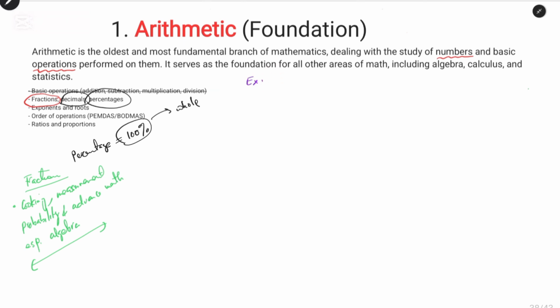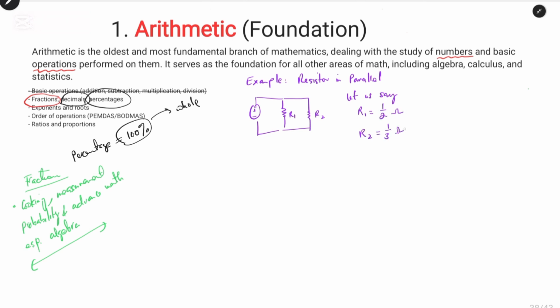Example, let's say resistors in parallel in an electrical circuit. That means you have a voltage source which is connected to resistor 1 and resistor 2. So let us say R1 is equal to half an ohm and R2 is equal to 1/3 of an ohm. Therefore, R1 is equal to 0.5 ohms in decimal, and R2 is equal to 0.333 ohms. So we are asked to find the